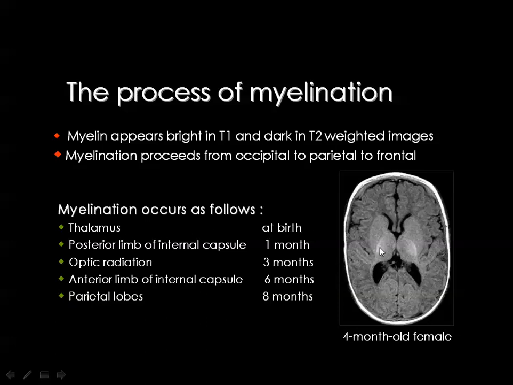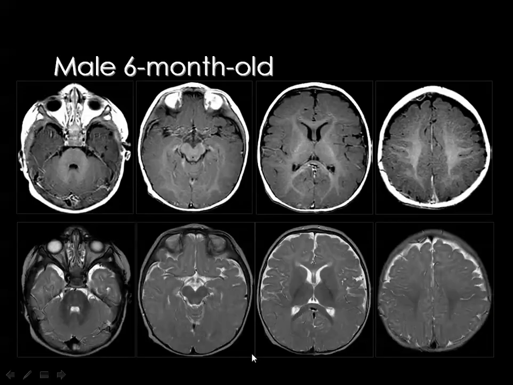which is myelin, you see that the fat is bright in the T1, the opposite of the fluid. The posterior limb of the internal capsule by 1 month, the optic radiation by 3 months, anterior limb of the internal capsule by 6 months, and the parietal lobes by 8 months. And this is a 6 months old